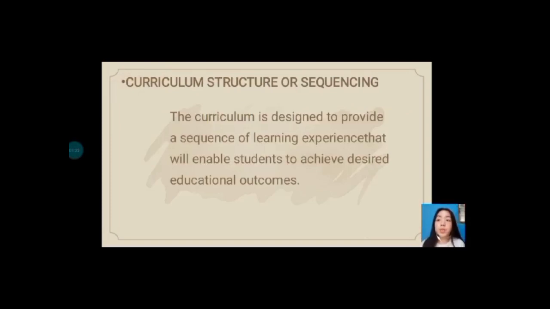The next one is curriculum structure or sequencing. The curriculum is designed to provide a sequence of learning experiences that will enable students to achieve the outcomes. Content may be structured or organized based on such variables as location, for example, hospital, clinics, and so on. Factors to be considered in sequencing the curriculum include consideration of the relationships among the concepts and the sequence in which the content should be ordered so that the organization supports the selected relationship. So, examples of how content is ordered are in the next slide.